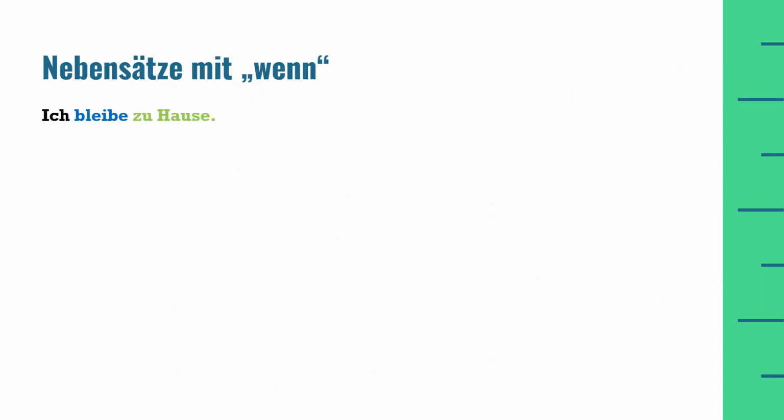Ich bleibe zu Hause and the second sentence is Ich bin krank. Now, if we want to connect these two sentences with the use of the conjunction wenn, then the first sentence is considered as Hauptsatz and the second sentence is considered as Nebensatz. In order to connect these two sentences with the help of wenn, we have to follow a certain sentence structure,